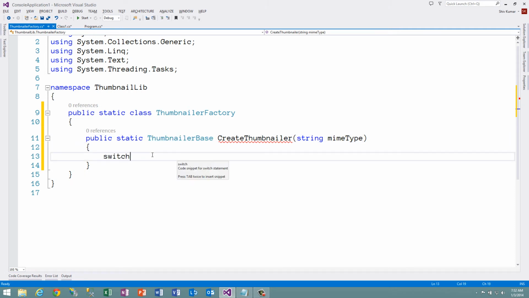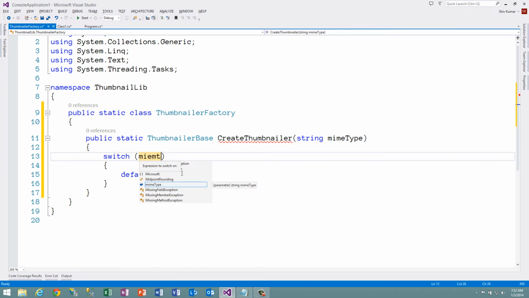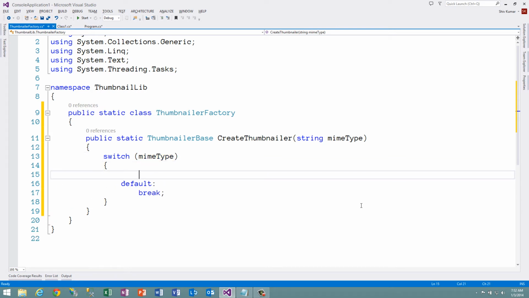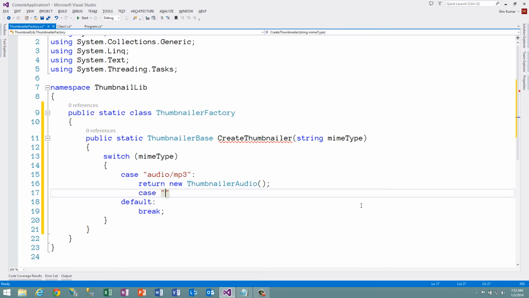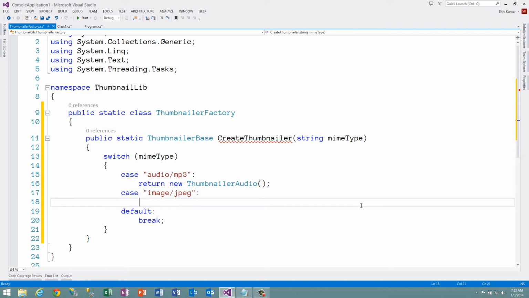So we'll do a switch case on this MIME type, and let's say if the MIME type is audio/mp3, or for now we just deal with the one type of audio file, we'll return a new ThumbnailerAudio. Case image/jpeg, we'll return a new ThumbnailerImage,